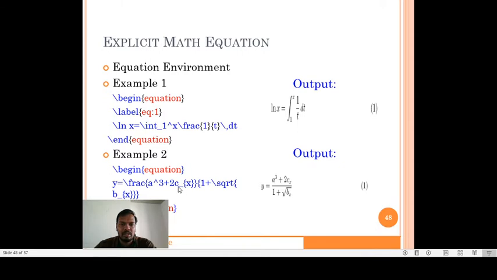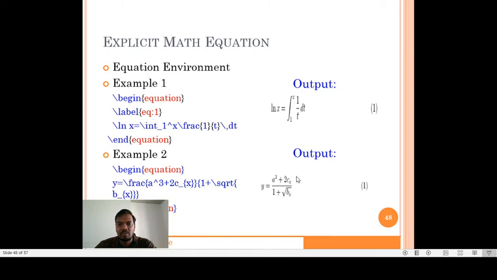So this will create a subscript, with x as the subscript of 2c. The second curly brace, that is the denominator, is 1 plus \sqrt. This will create a square root, and whatever text is within the curly braces will be under the square root, that is b underscore x. So this will be b with suffix x, and when we execute this equation we'll get the following output.